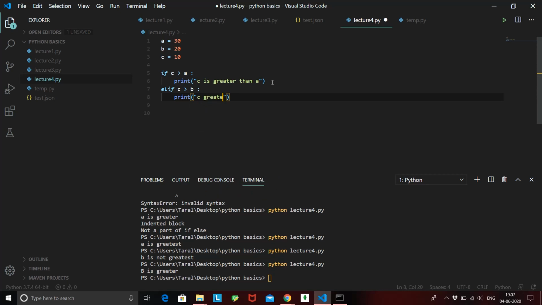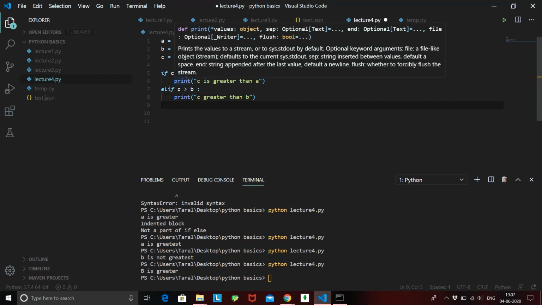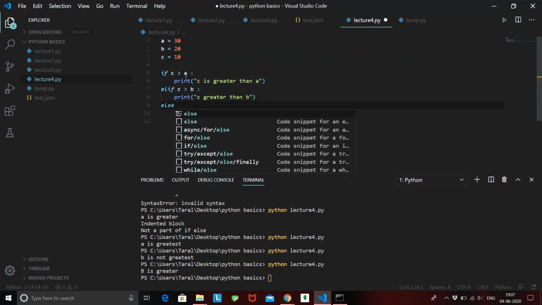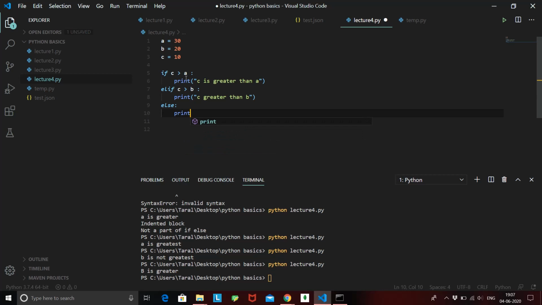c greater than b. Now if all these conditions fail, I'll just say else, print c is not greater. So what is happening over here: first we check if c is greater than a.